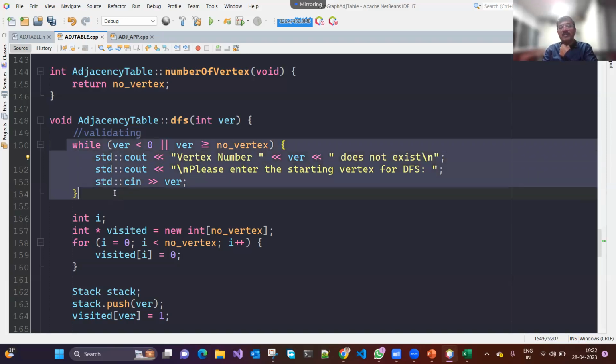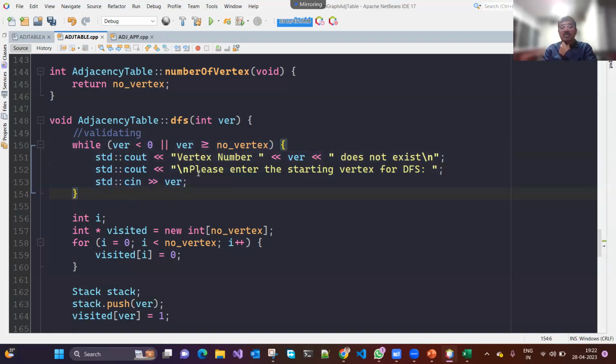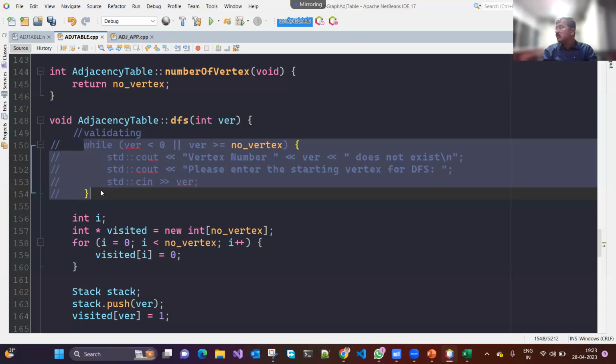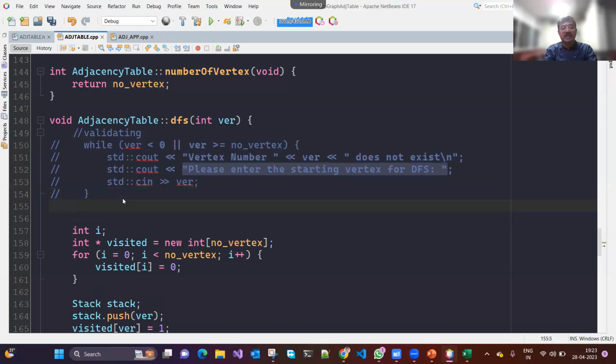So we are writing this loop only for the purpose of validation. If the vertex number supplied is invalid, I'll ask the user to enter the vertex number once again. This will keep on working as long as you do not supply the right vertex number. Another choice is, if the user supplies the wrong vertex, you print an error message saying this vertex number is invalid, and return. So instead of forcing the user to enter it, the other way could have been, I comment this out. Other way could have been, I could have written something like this: if